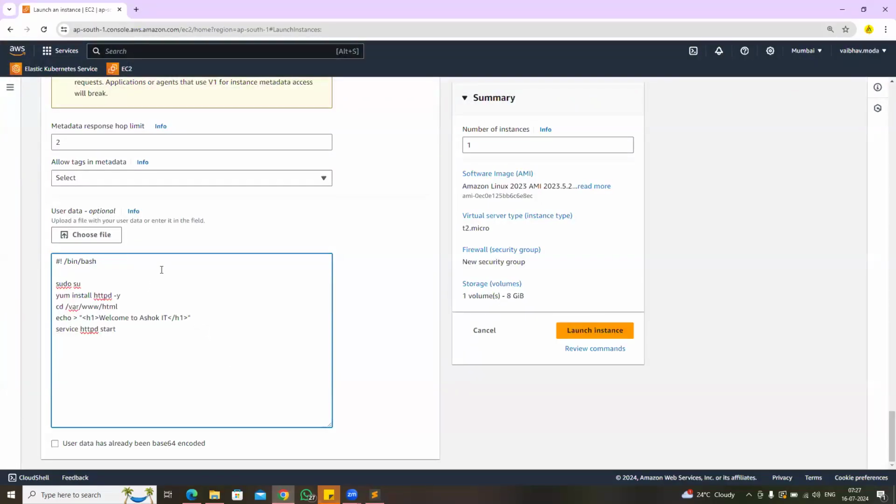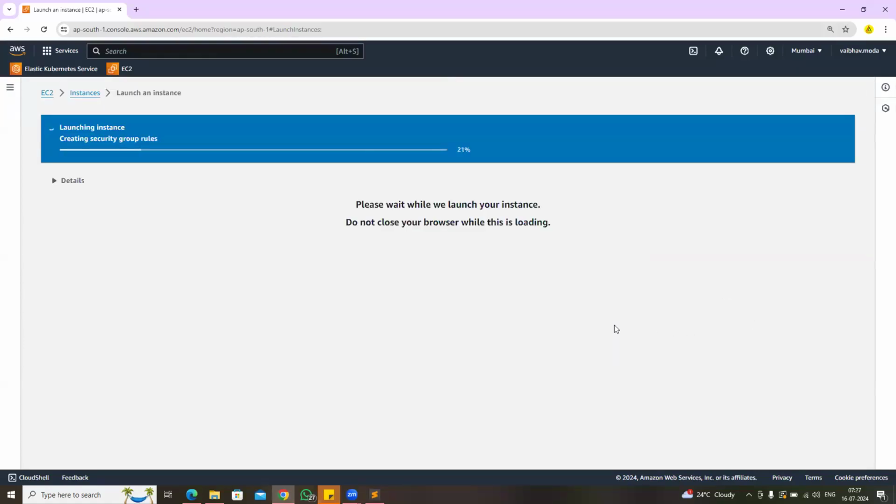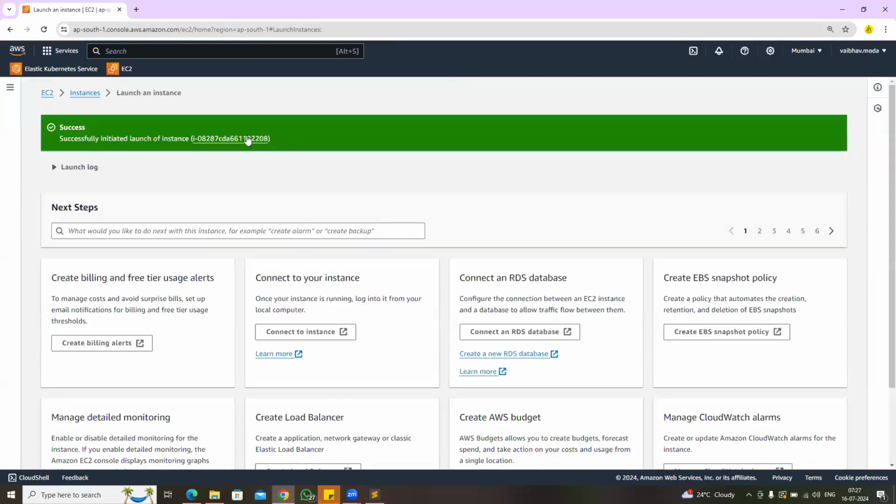I'm configuring this user data and I'm going to start this. Okay, click on launch instance. So I configured the script which is used to start HTTPD server, a static website hosting I want to do